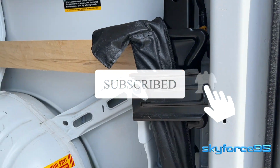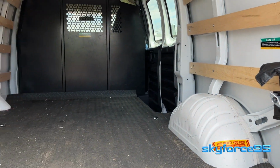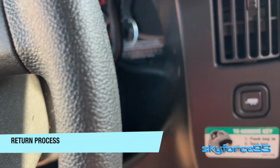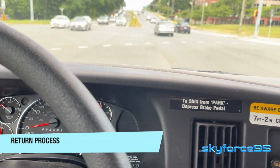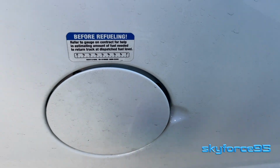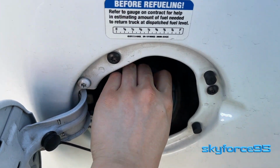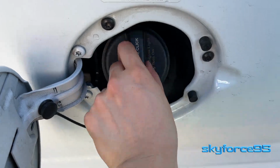But anyways, the idea here is after you finish loading, you unload at your new place, then you want to start the drop-off process. So depending on how much you drove, you may or may not actually have to fuel up. I just looked at the needle location before and after. And then you want to follow the instructions